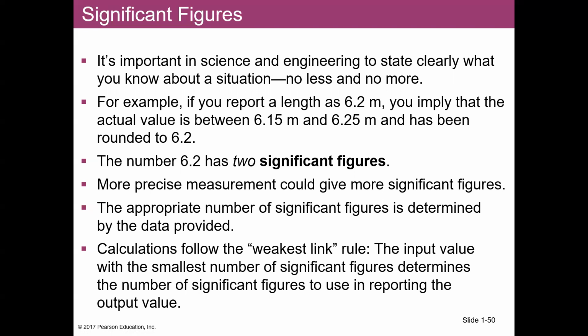So several different places where can the zero be? Well, it could be to the right or to the left of the decimal. It could also be inside or to the left or to the right of the non-zero digits. And so you need to quantify that. Obviously, if it's in between non-zero digits, it's certainly significant. If it is to the left of non-zero digits, then it's not significant. If it's to the right of the decimal place and right of non-zeros, then it's significant. But then there's this murky area where it's to the right of the non-zero digits, but to the left of